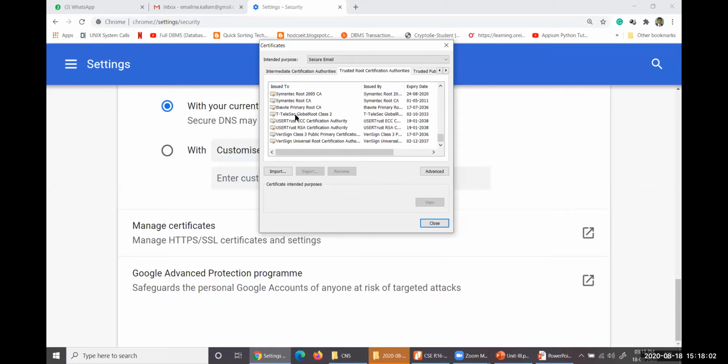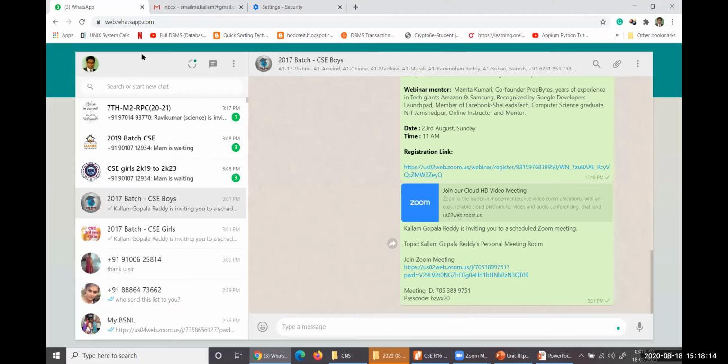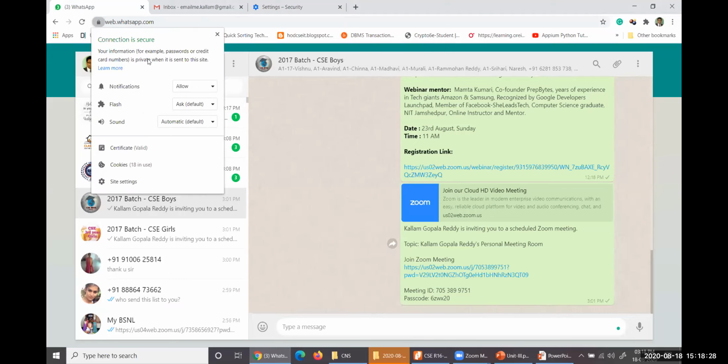So I believe everybody has some idea that if you consider any website, that particular website will show you some key here, some particular key, which is a secured website. This is a secured website. If you open this one, yes, it is secure. It could not access any cookies. It could not access any malicious elements in your computer.